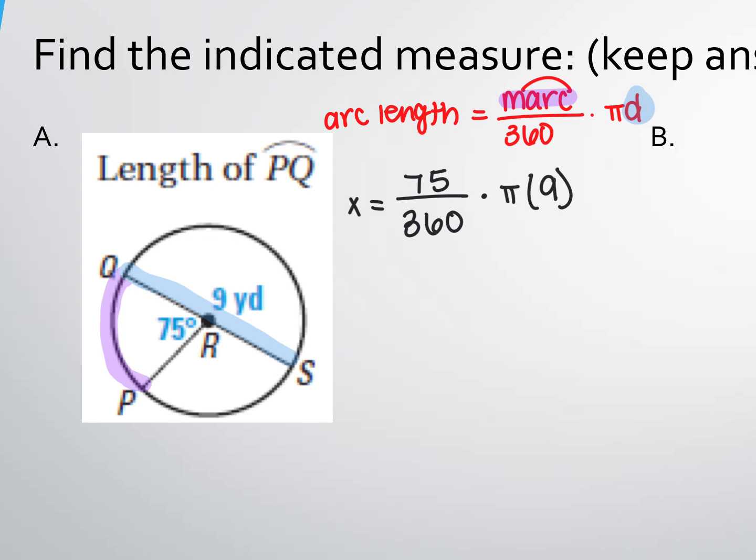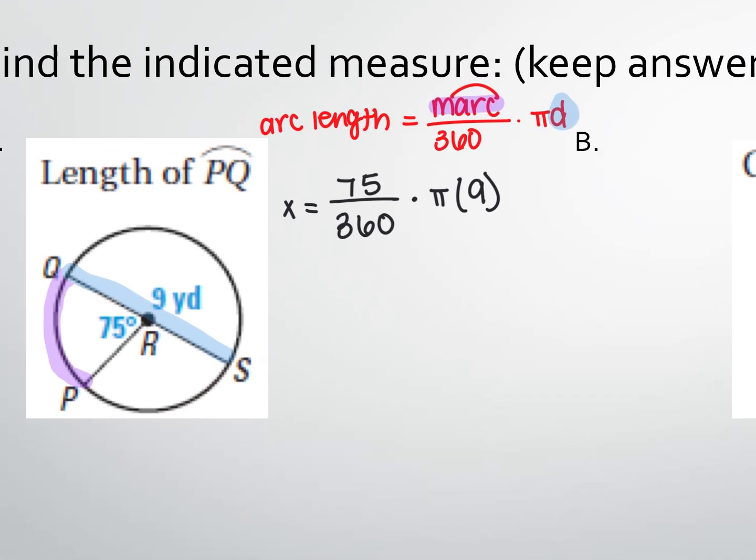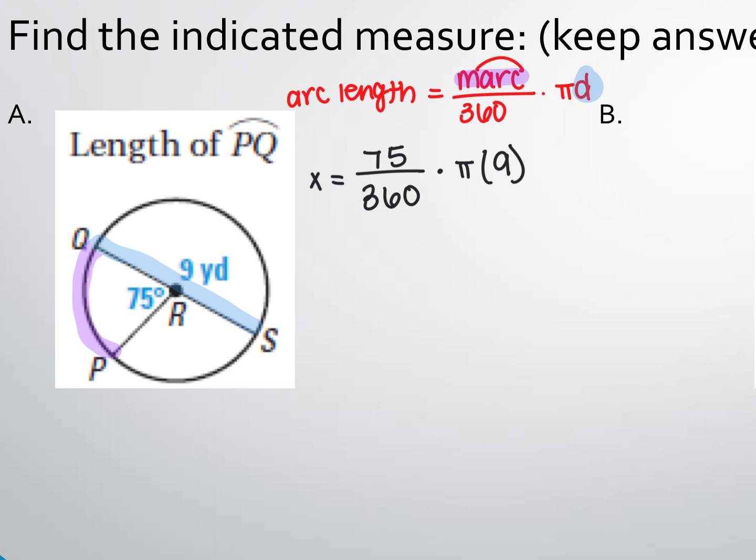There's, again, multiple ways you can solve this. Try and solve it on your own, and then I'm going to solve it. All right, keep in mind the directions say keep in terms of pi. So you should not be evaluating pi. So what am I going to do first? Looking at this, you could change this to a fraction, put it over 1. So I'm just going to multiply across first. 75 times 9. I'm going to get, I know it's a large number,